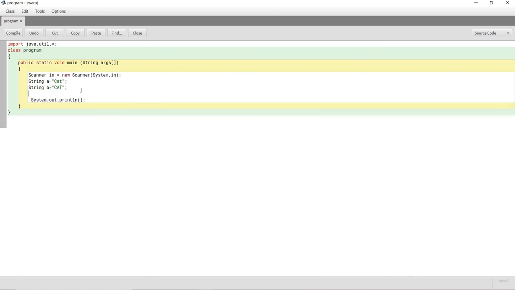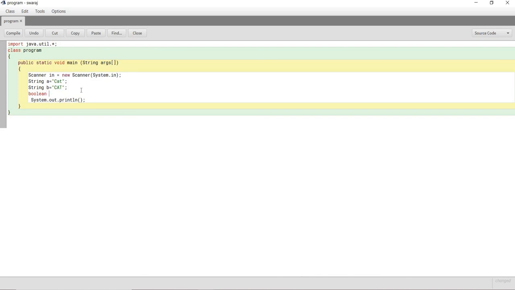Now we will compare this using the string function equalsIgnoreCase, and we will use the boolean data type, because I have told you earlier that equals uses the boolean data type and gives us the answer as boolean, and not as in the previous one, compareTo, which gives the answer in integer.